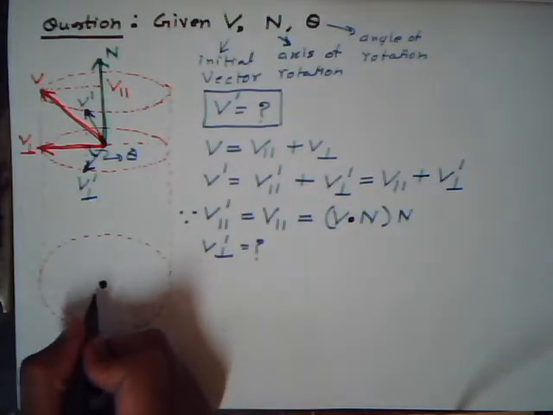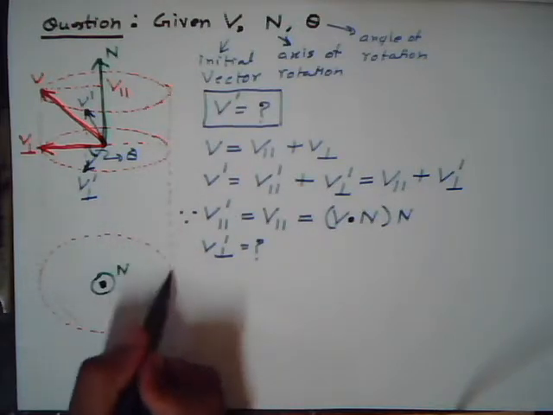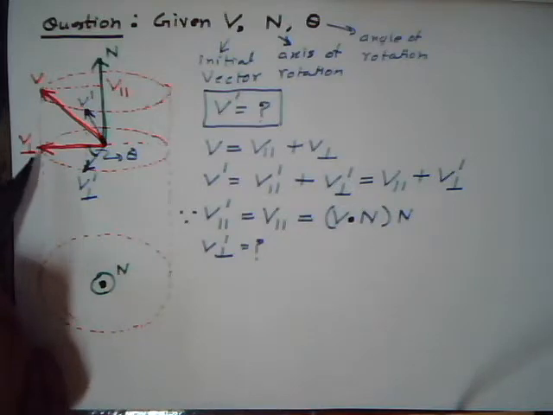So this point is n, and therefore this circle is the locus of the point v